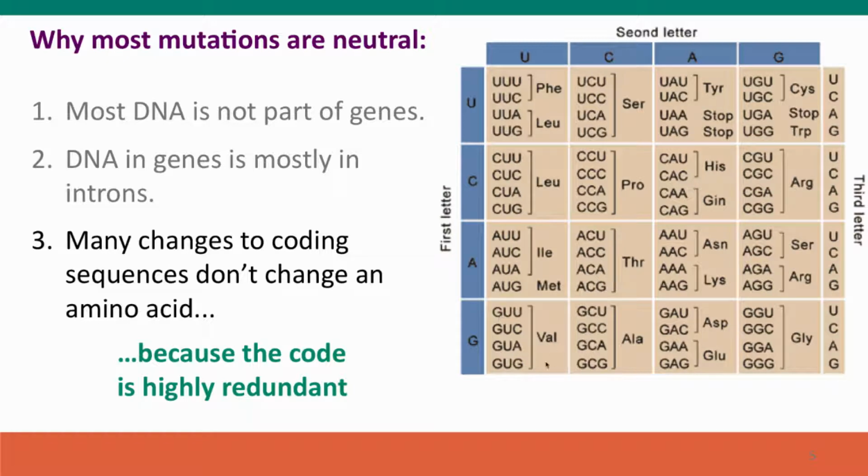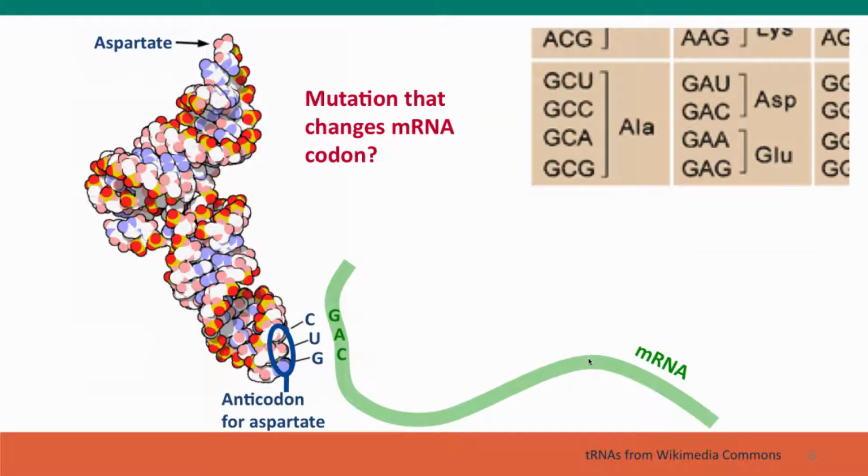Now, what this means is that it's possible to change the codon, to change the triplet code in the messenger RNA without changing the amino acid that's inserted. And that's shown diagrammatically here. So here's a schematic drawing of the effect of different mutations on which amino acid is inserted. The green line here represents a messenger RNA, and we've highlighted a particular codon, particular triplet, the bases GAC, which the genetic code table tells us instruct the ribosome to insert aspartate, the amino acid aspartate, at this position